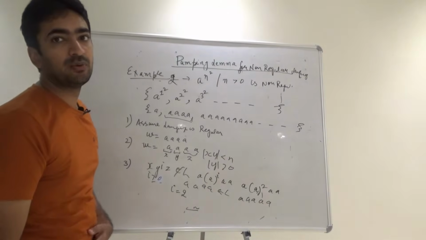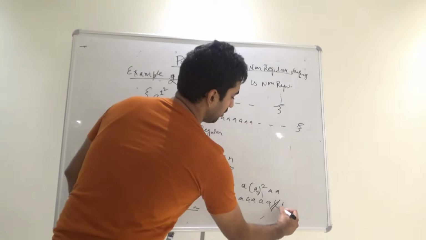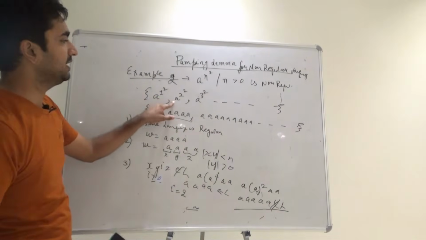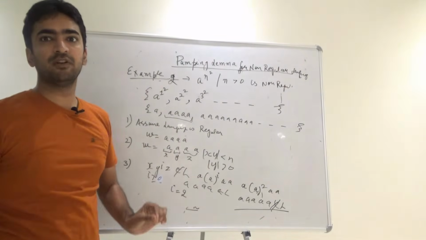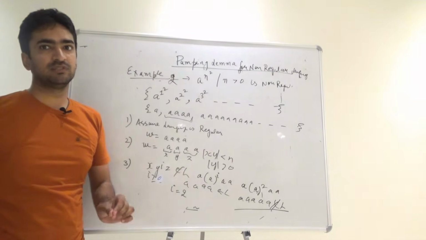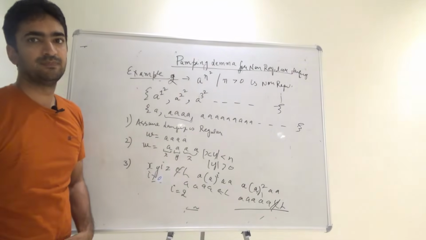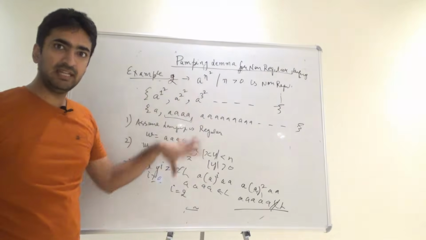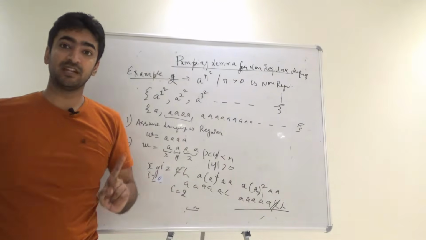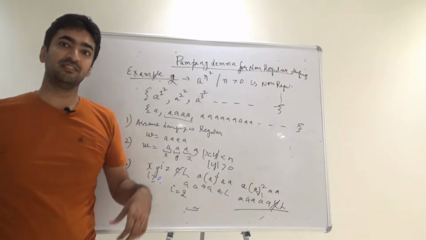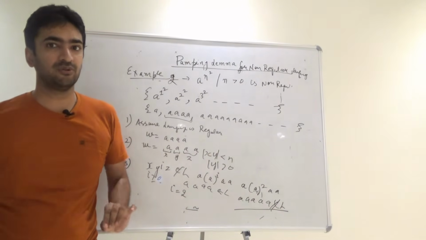Guys, just check whether it belongs to the language or not. We have got 3 a's and 2 a's over here. Obviously it never belongs to the language. Why? Because the language can contain a power 2 square, a power 3 square, but a power 5 is not a power 2 square or a power 3 square. Hence the assumption that we have made is also wrong. So this is clearly a non-regular language. In these ways you can prove the language is non-regular. Don't have the misconception that it is used to prove the language is regular or not. It is actually used to prove the language is non-regular.